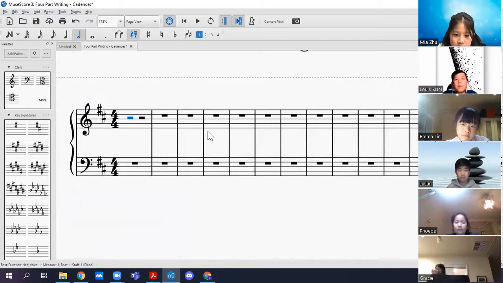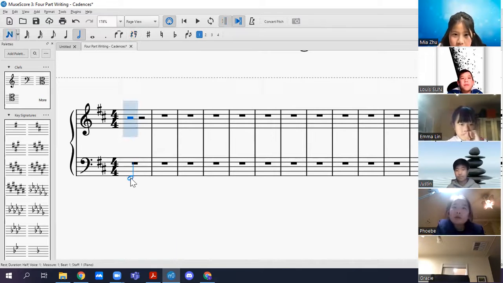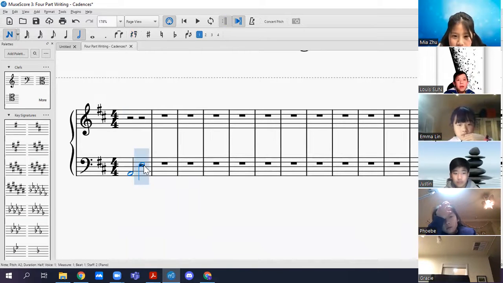Let's see how should I do this. Okay, so I'll give you your bass notes, and I want you to write a perfect cadence in